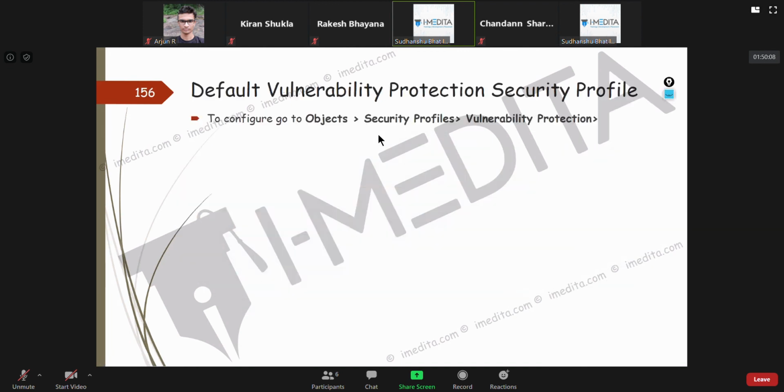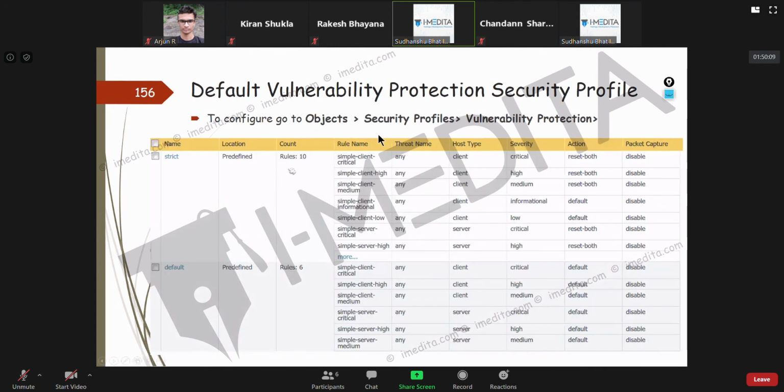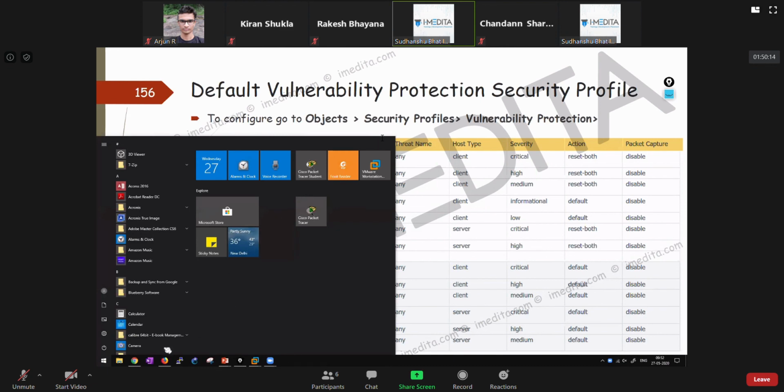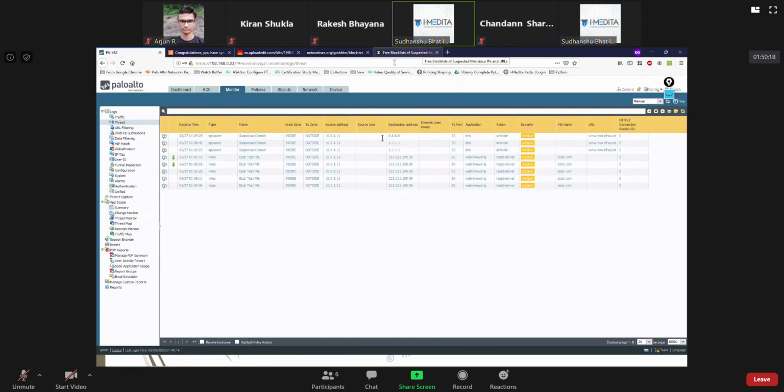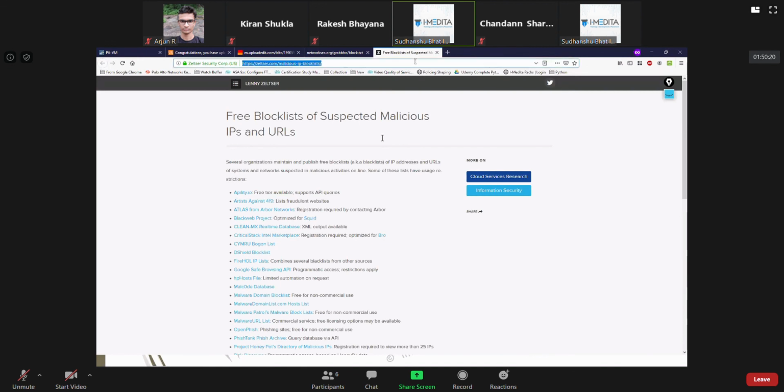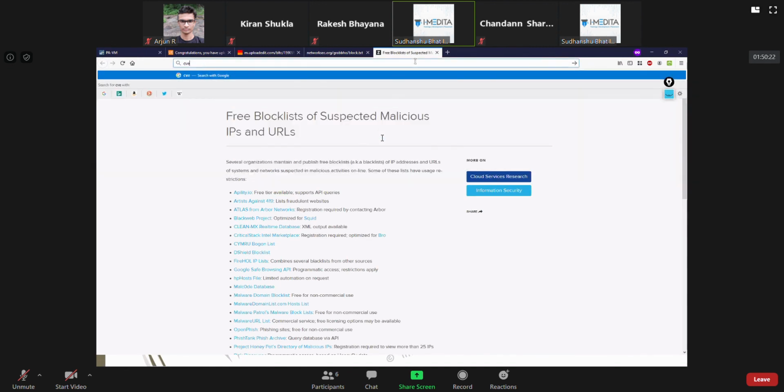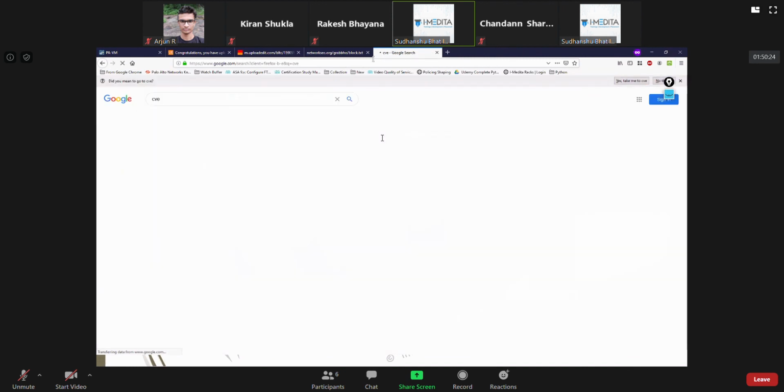Now next there is a vulnerability protection profile. Frankly speaking, if you want to go into more detail on these things, then you should understand a lot of EC Council stuff.